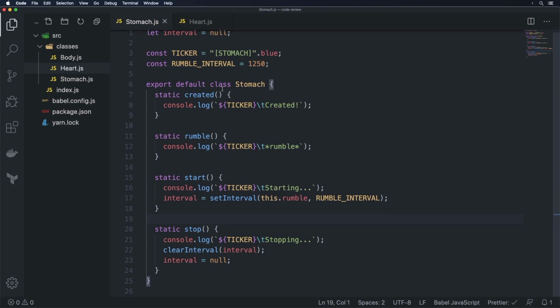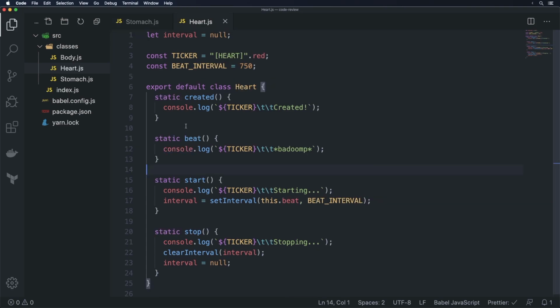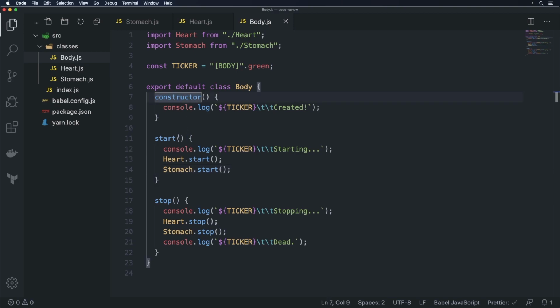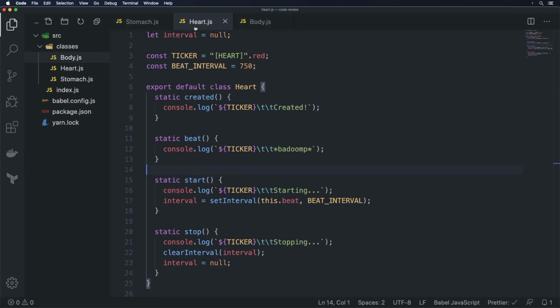You'll notice here that our stomach has static methods created, rumble, start, and stop, and our heart has the same thing. Now, if you look at body, it actually has a constructor and it has a start and a stop. These are instance methods, whereas in stomach and in heart, these are all static methods. Now, this is actually not good because if you think about it from a design perspective, and this obviously depends upon the situation, but if we take a step back and look at this